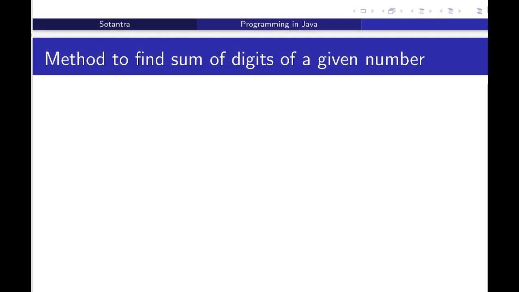So let us consider another example, that is, find the sum of the digits of a given number. We have already discussed this problem while we were discussing loops. Now suppose any number is given, consider 7436. Now if we apply modular division 10, then we are going to get 6, or we can say we are going to get the digit that is at the unit place.